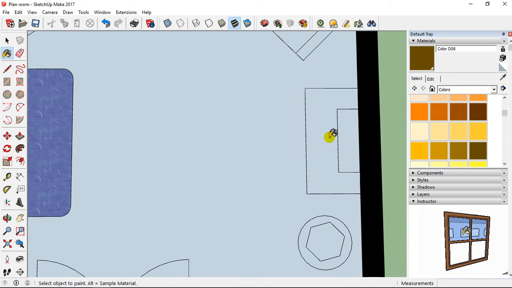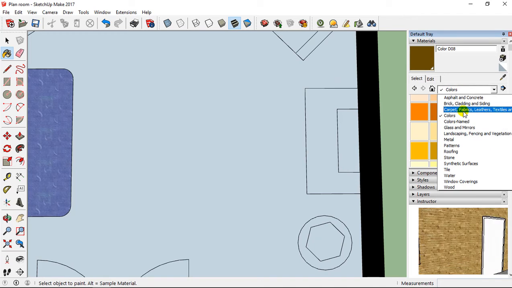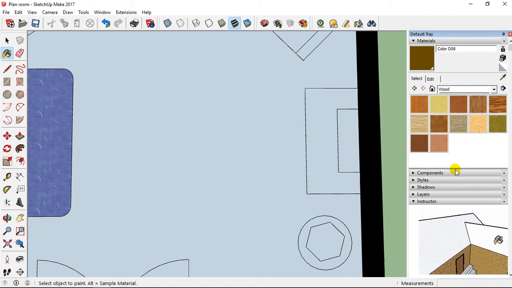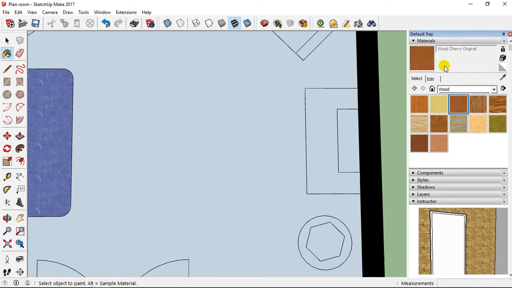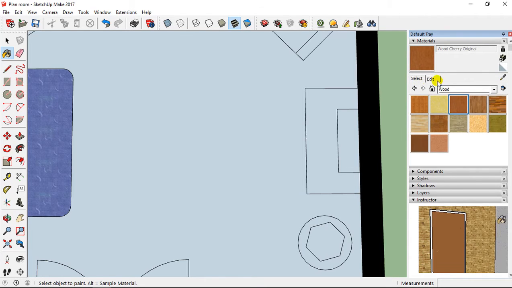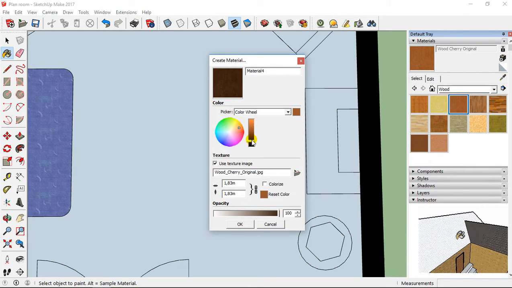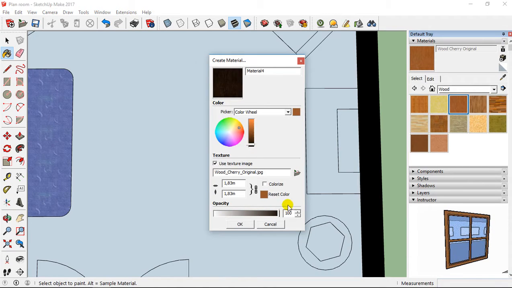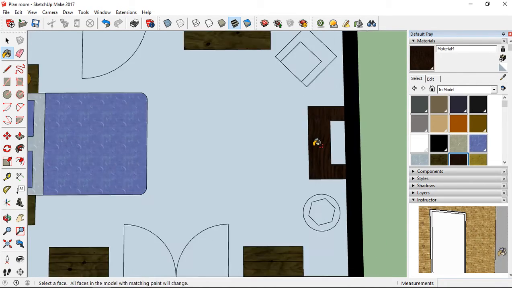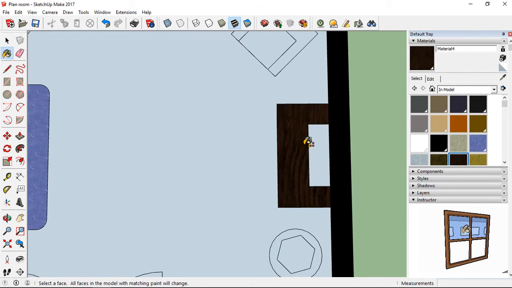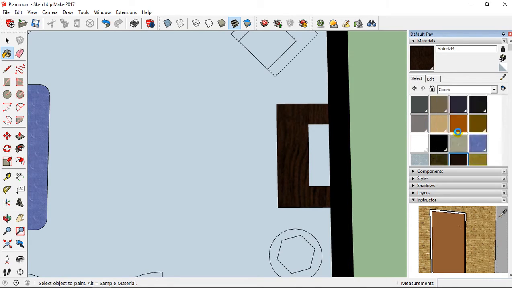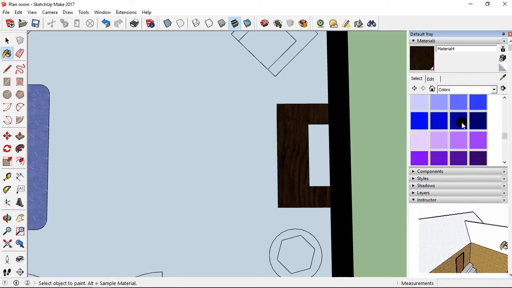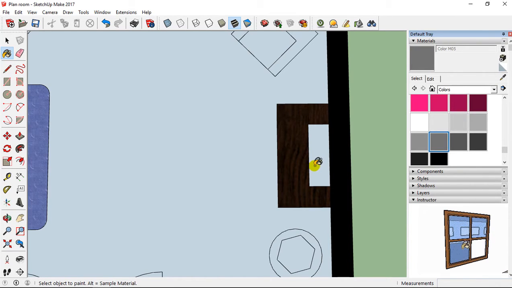Here at this level, for example, this furniture in black, so I can come back on wood also, and this time maybe change with wood cherry original, and I can go on edit, select, I can go on plus, and I can take something more like this, and after I integrate like this. Here it's going to be the TV, so for the TV I can just come back on color, and on color I can select something, why not in gray, like that.